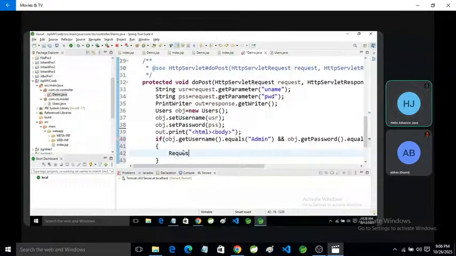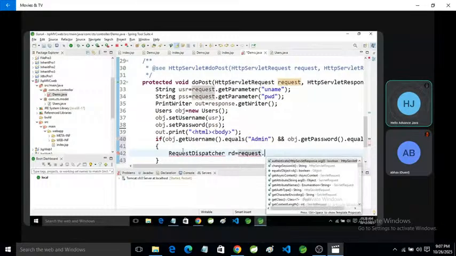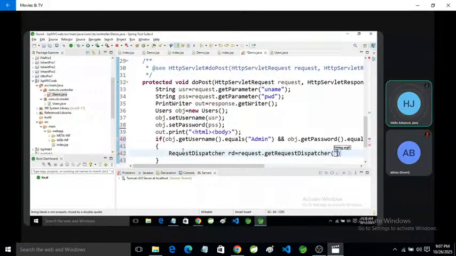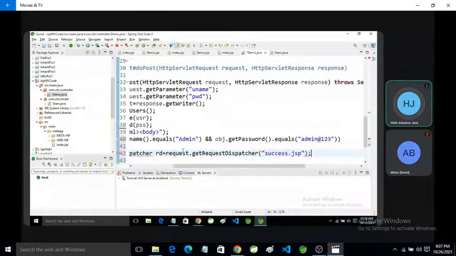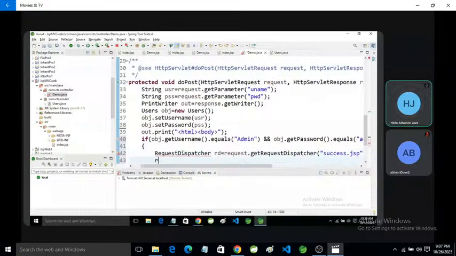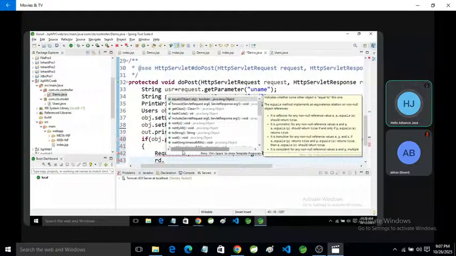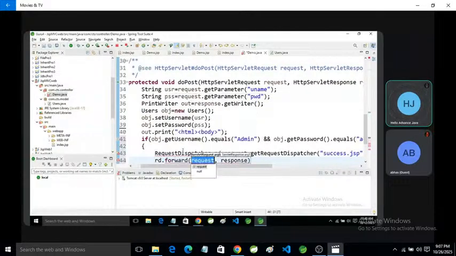And again you are going to use RequestDispatcher rd is equal to request dot get request dispatcher, specify the file name. Suppose here the file name is success dot JSP file. We are going to use a JSP file, and here rd dot forward request, response. Okay.